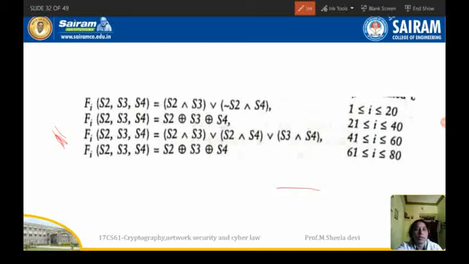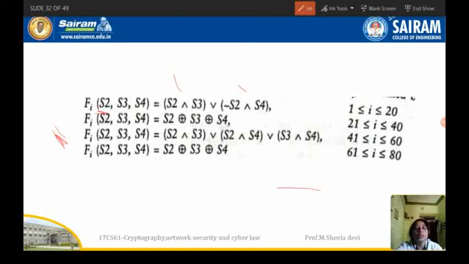So the value in S2 should be ANDed with S3, then NOT of S2 and S4. So the output of this and this should be XORed. That will be the output of the function for the first 20 rounds.